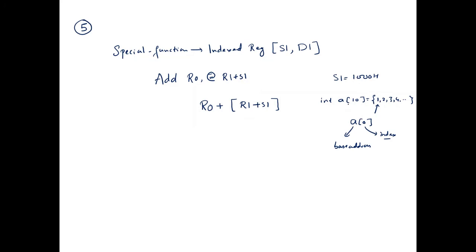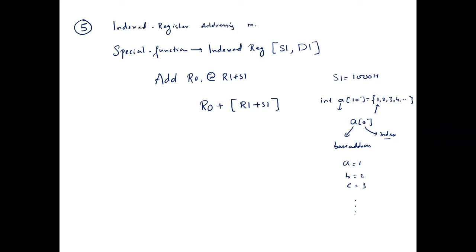Suppose you don't have the single dimensional array concept. Then how do we define 10 values? You would need to write A equal to 1, B equal to 2, C equal to 3, like this, 10 different variables. That is why, instead of giving different names, we give a common name, that is A, and with the help of indexing I can reach the values. This is indexed register addressing mode.